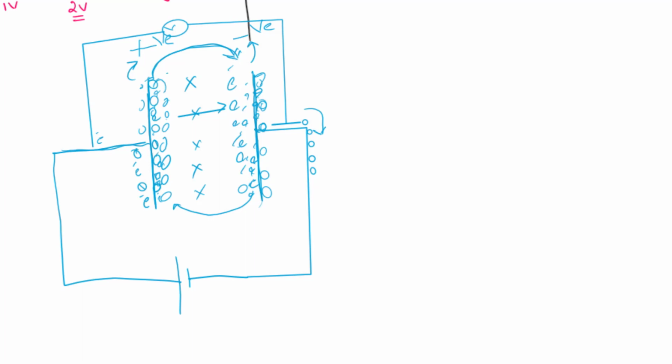Now assume you are giving enough voltage so that all the holes are pressurized and start moving. But if you give more and more voltage, what will happen? There is a possibility that this electron will get repelled. Once the electron jumps and the combination takes place here, a spark may occur because of a lot of energy. That is called breakdown, capacitor breakdown. But we are not interested in that.